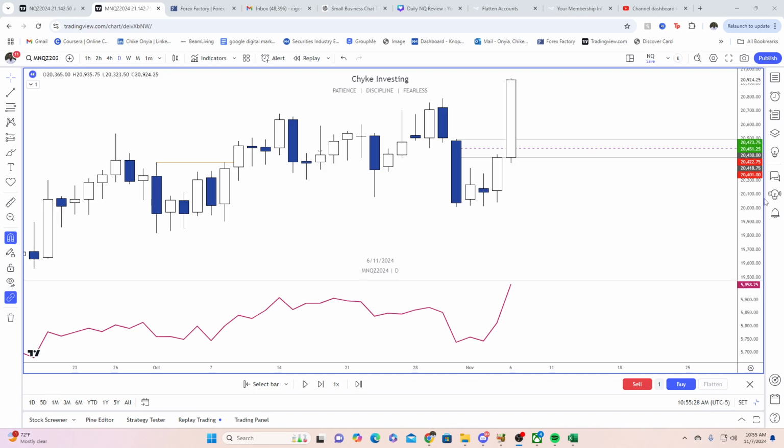Now, what is really beautiful about this model is that ICT says it himself. It's probably the simplest model out there that you can learn if you are a new ICT trader. He literally said, and this is in his most important ICT mentorship, pretty much everyone references the ICT 2022 mentorship, hence the 2022 model, which if you have not watched, make sure after this video you go and watch that whole series. It'll really complement everything you're learning on this channel.